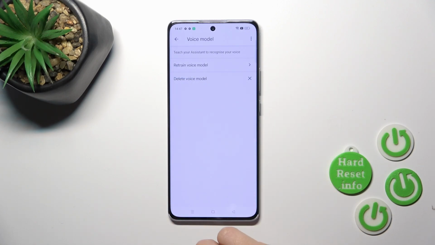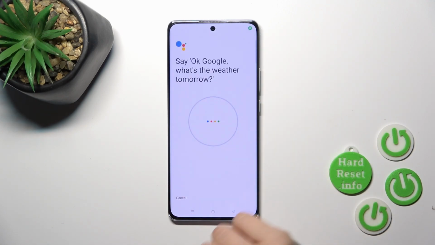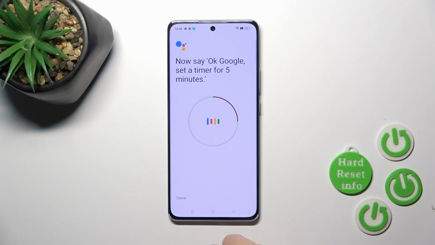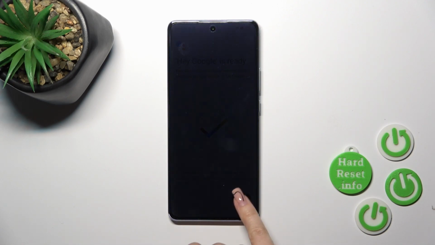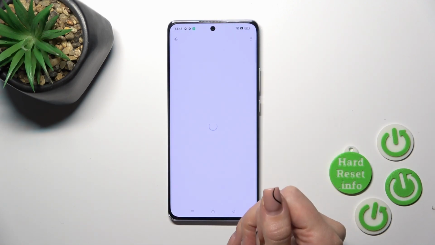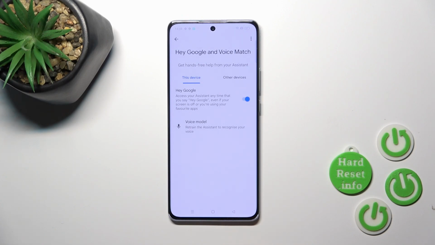If you want Assistant to recognize your voice, tap Voice Model to retrain the voice model and say, OK Google, what's the weather tomorrow? OK Google, set a timer for 5 minutes. Hey Google, make a call. Hey Google, remind me to water my plants every Monday. Then just tap Next, and after that when you say OK Google or Hey Google, you can see that